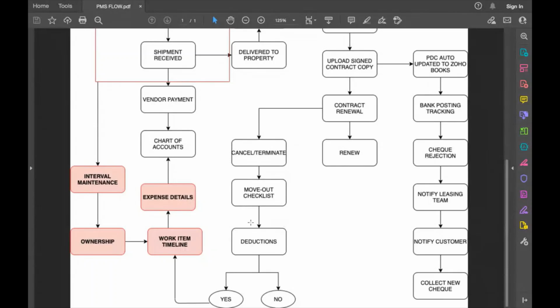So by doing this, you will have a clear picture of what your profit and loss is, what the exact expense is that you are incurring on each individual unit, and what the exact revenue is that you have generated from there. So at the end of the year, or end of every quarter, or half-yearly, you will be able to clearly find out the profit and loss ratio as well. So this is pretty much the flow.